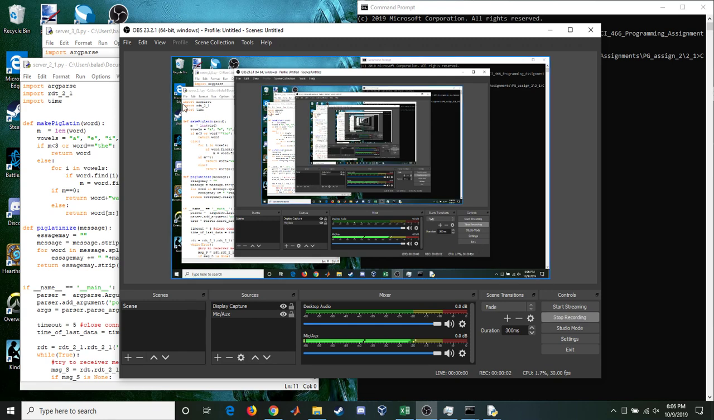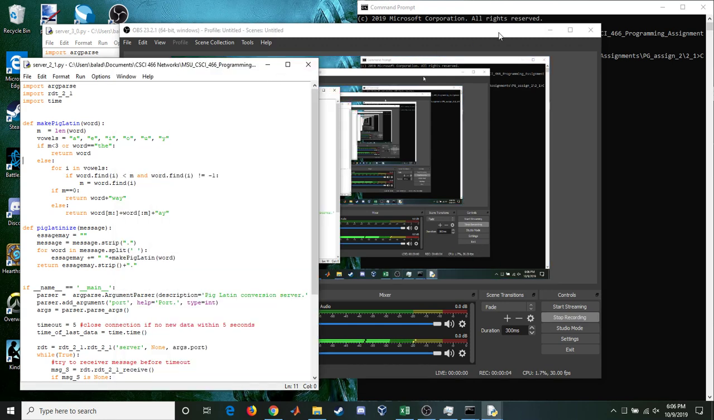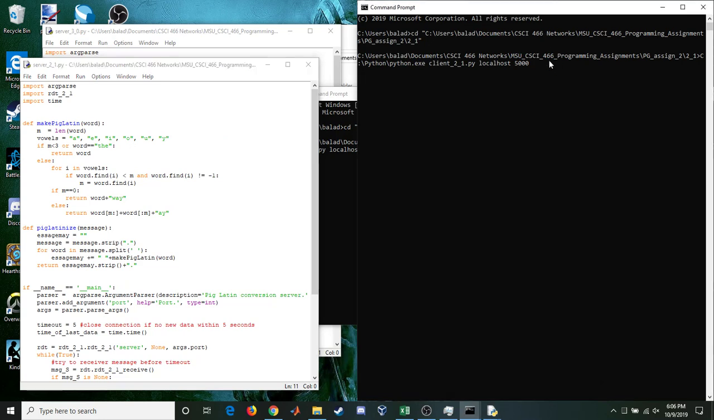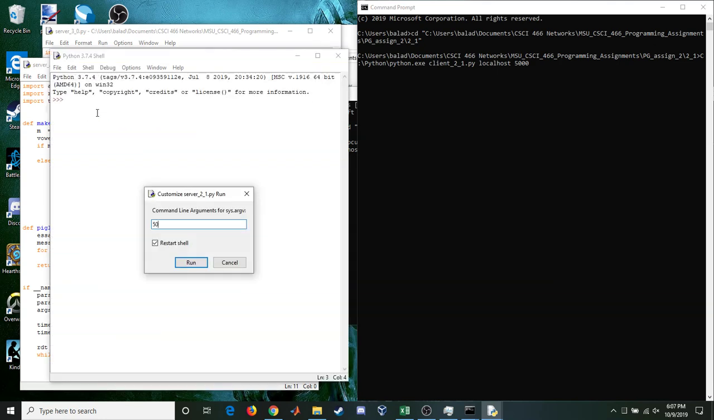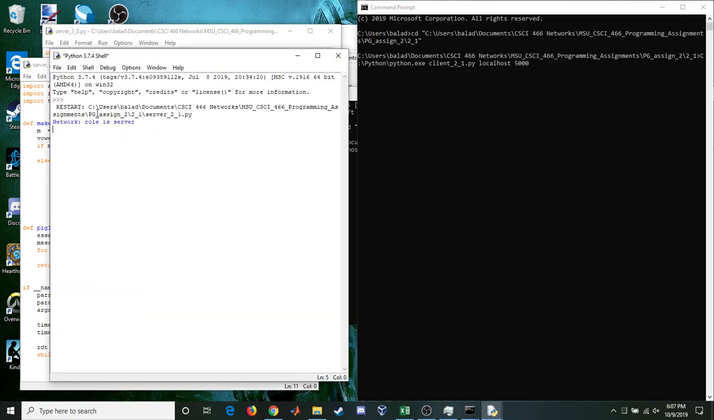Alright, so this is the RDT programming project for Bailey, Brady, and Connor. We're going to run through RDT 2.1 first. We're going to start the server with port 5000, server on the left, and then we'll come over here and